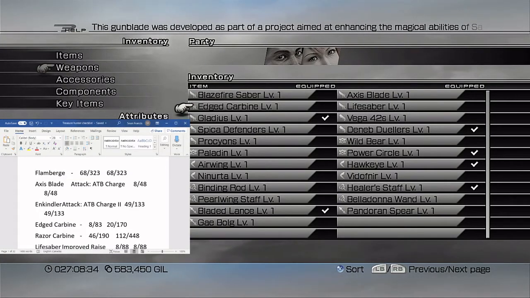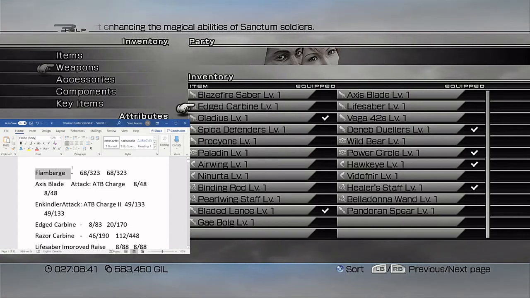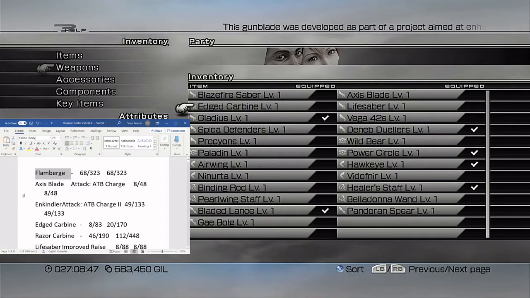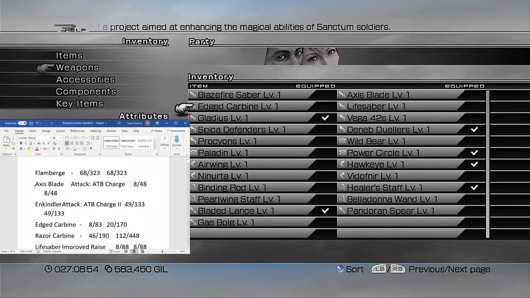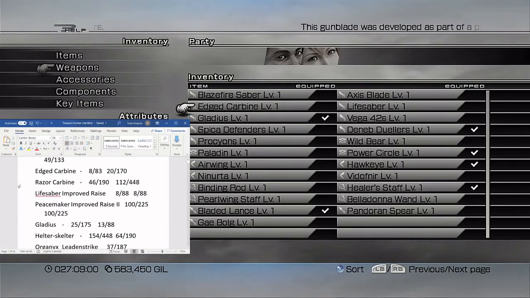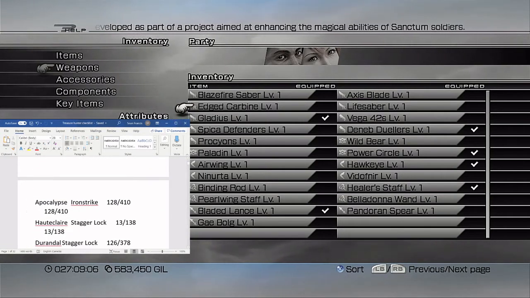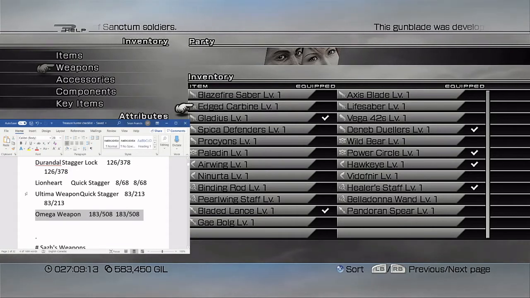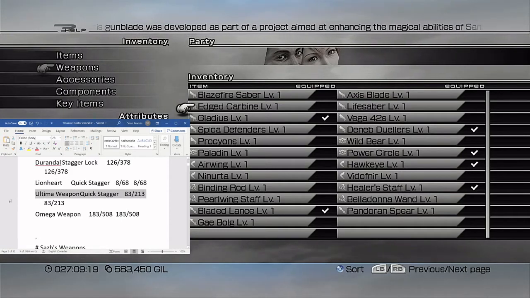Basically here, the one I just deleted was tier 1, and the Flamberg is tier 2. So once you upgrade that and have this weapon in your inventory, you can get rid of it. It goes tier 1, so Axis Blade is a tier 1 weapon. It goes to the Enkindler, which is its tier 2. Edge Carbine is tier 1. Razor Carbine is tier 2. And it keeps going. And all these weapons, once you hit tier 3, they all become the Omega weapon. So let's say the Lionheart goes to the Ultima weapon, and you only need to